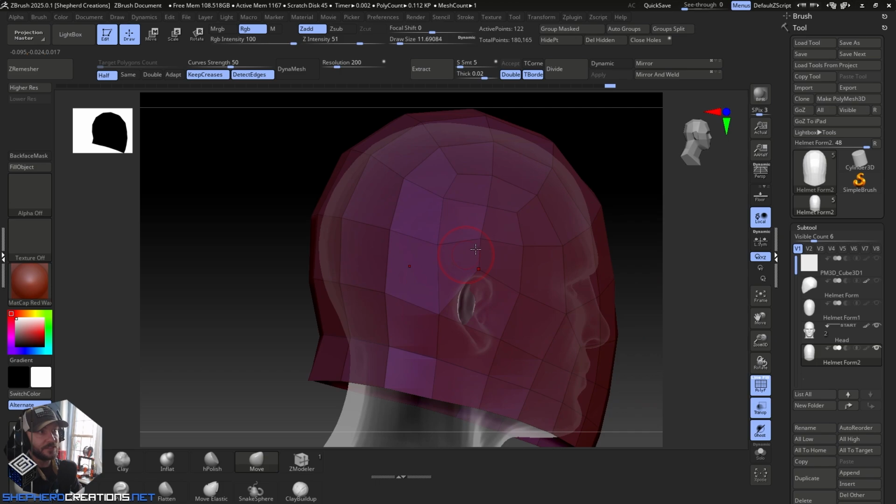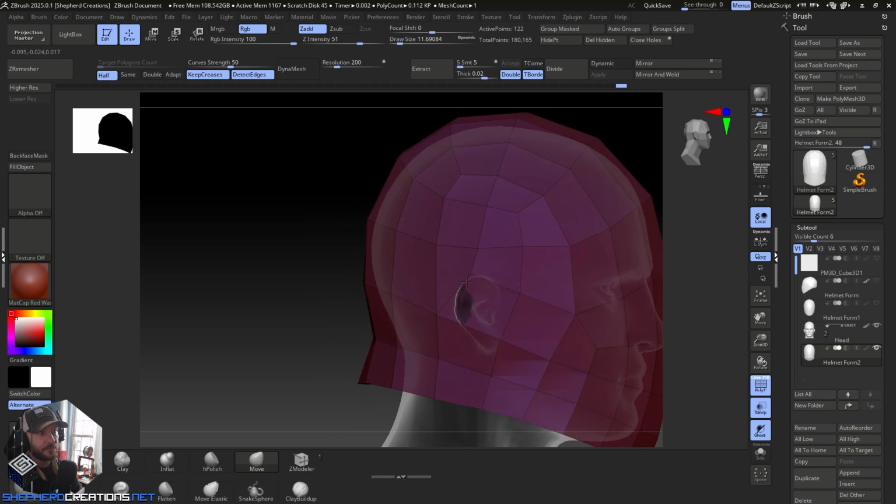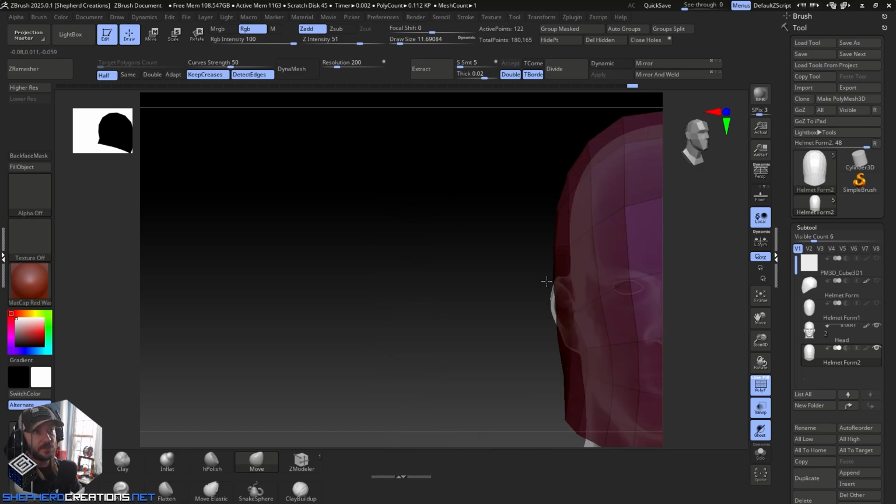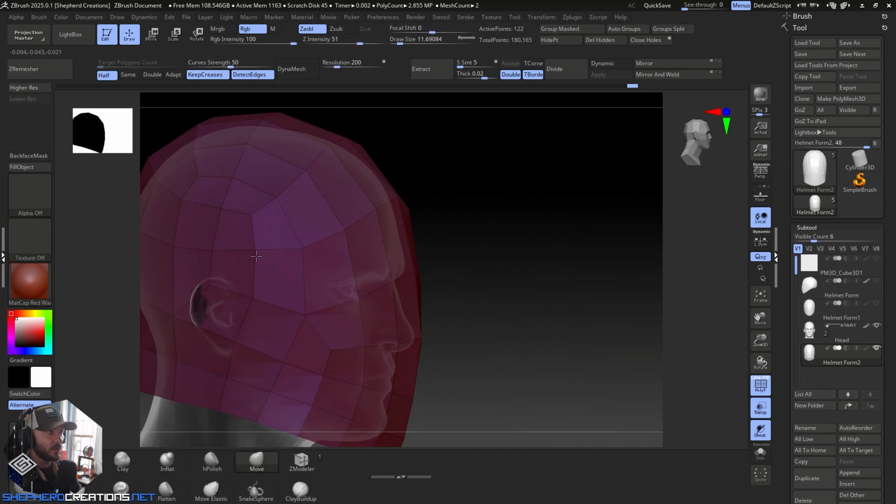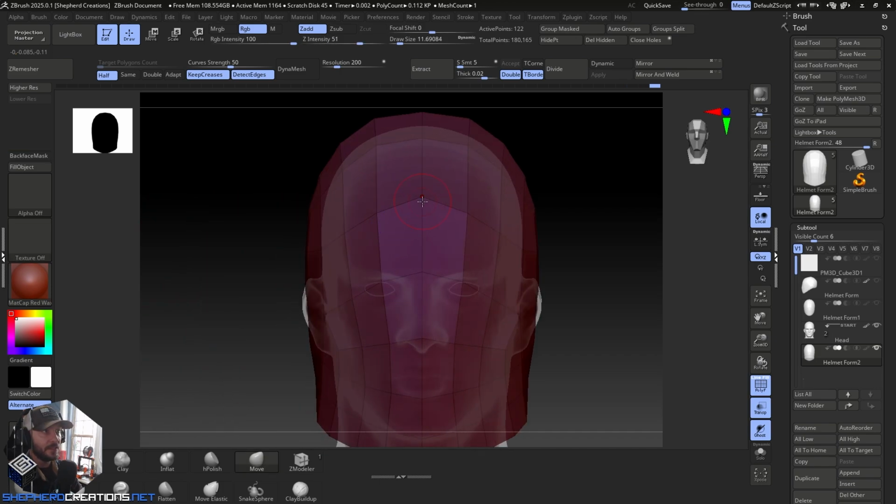Too many drastic changes like that. We can move this down here, move this down here. Keep adjusting. I know this is kind of tedious work, but if you want your model and everything to look right as you go up into higher resolutions, this is how I do it. Okay, so